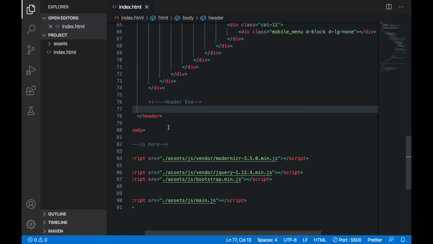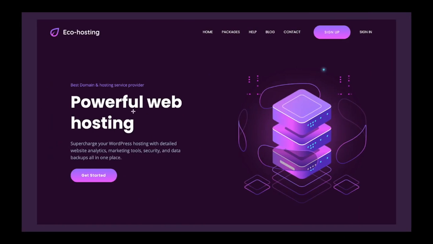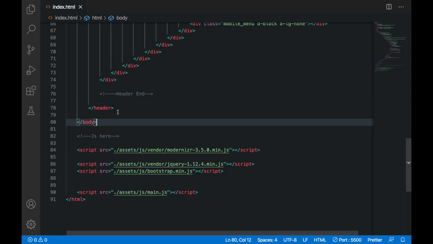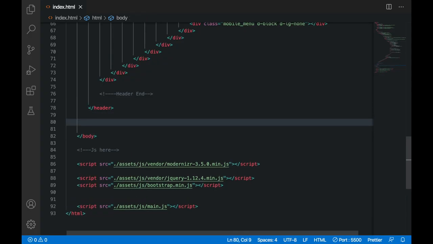Now the next thing that we are going to make is this section, where I'm going to write this heading and embed this image and this button. We have already embedded this logo here, these buttons on our nav bar, and this sign up and sign in button. After this, the next thing to do is to write code for this section. So here we will start writing the next code. First of all, let me make a comment here that my slider area starts here, so I will write the comment for that, slider area start.